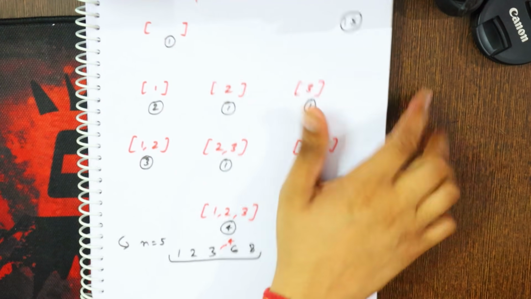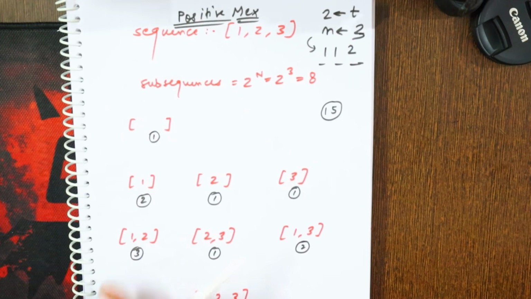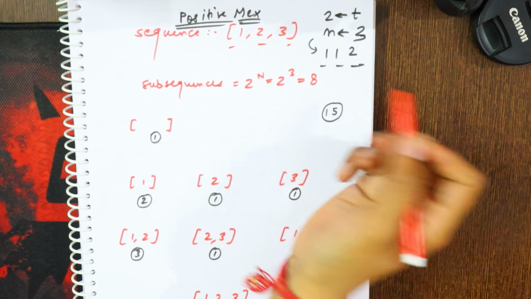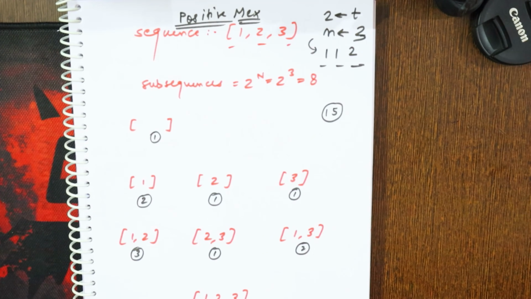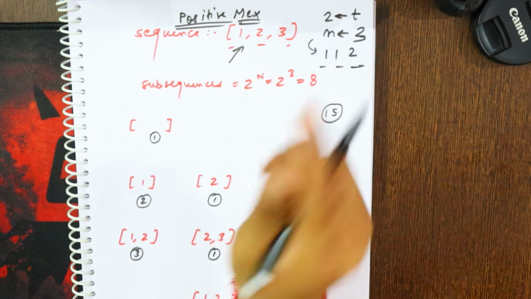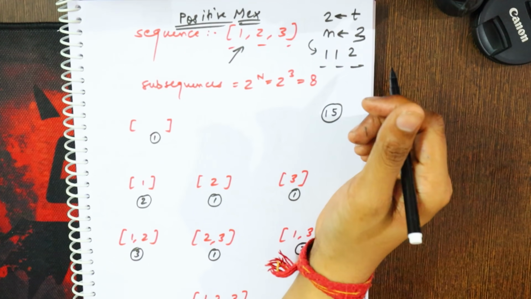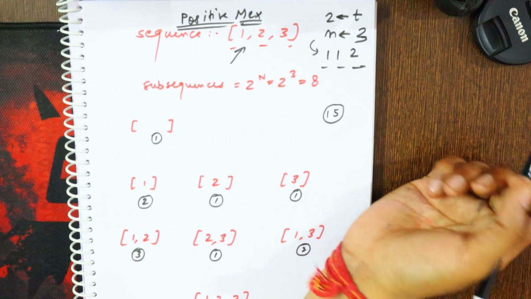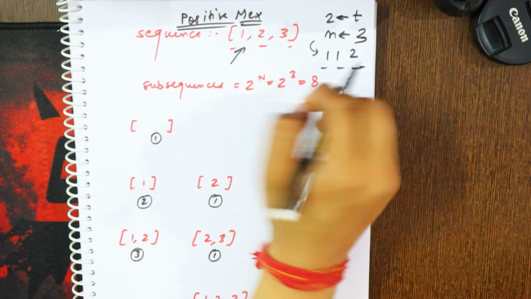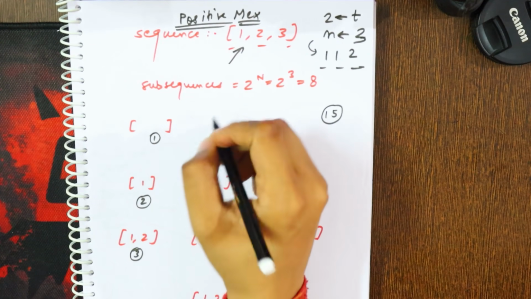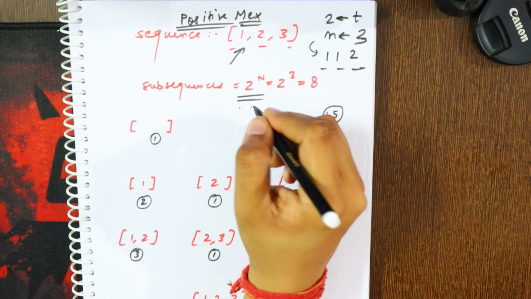So what this question says is that you are having a sequence 1, 2, 3, as I stated, with N elements. What you have to do is, for all subsequences of this sequence, find the MEX value, add them up and output it. So first of all, how will you find out the number of subsequences it is having? Basically, the number of subsequences of any sequence is 2 raised to the power N.